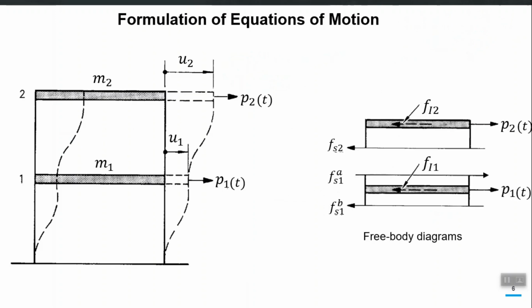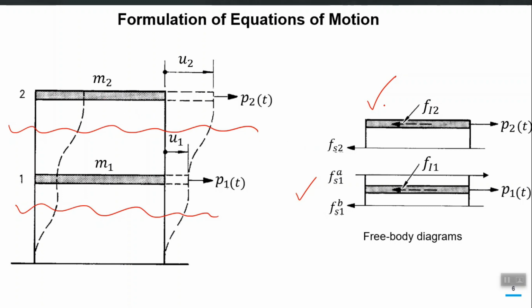So, let us cut the section. Let us cut the first section here. This is simply representing story number 1 and 2, right. So we have one section here, this will give us this free body diagram. Another section here, this will give us this second free body diagram. So M1 and M2 will develop inertial forces. Currently, by the way, we are not considering damping, right. So there is no damping, this is the undamped case for the sake of simplicity.